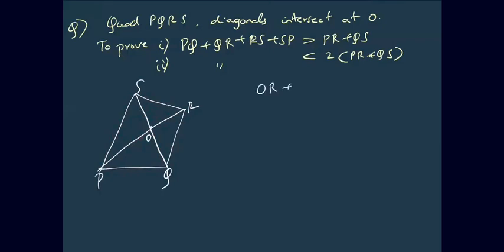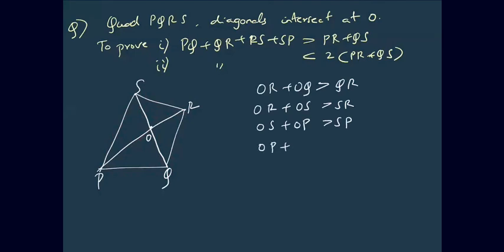That is, OR plus OQ is greater than QR. Similarly, OR plus OS is greater than SR. OS plus OP is greater than SP, and OP plus OQ is greater than PQ. So we have applied the triangle law in all of the four small triangles, and now you see if